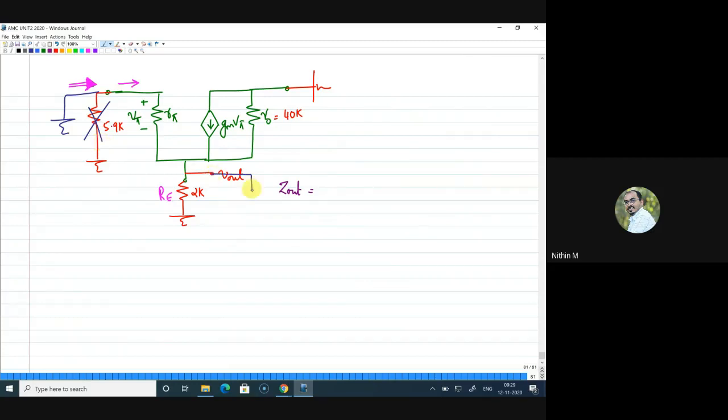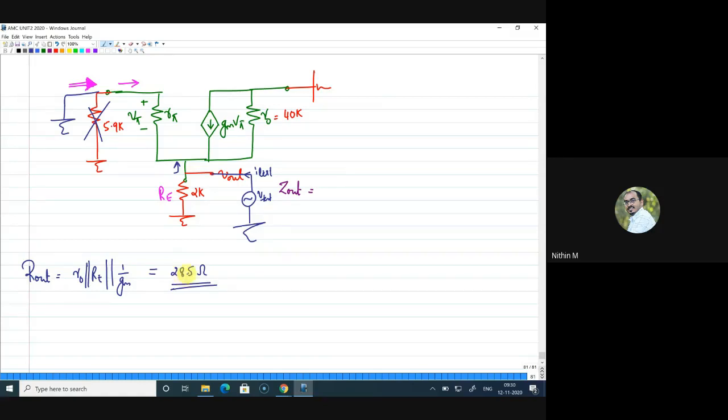Now we have to connect a test voltage here, but you can see that the resistances 2K and 40K both are coming in parallel to this test source. So I'll keep R0 parallel, Re separate. Then I'll evaluate V test by I test. That is nothing but Re, or it is 1 by gm, because the resistance looking into the emitter is 1 by gm. So I'll write that in parallel to this, which is 1 by gm or Re. That will give you the output resistance. This is R out. I think you will get close to 28.5 ohms. That is your R out value.